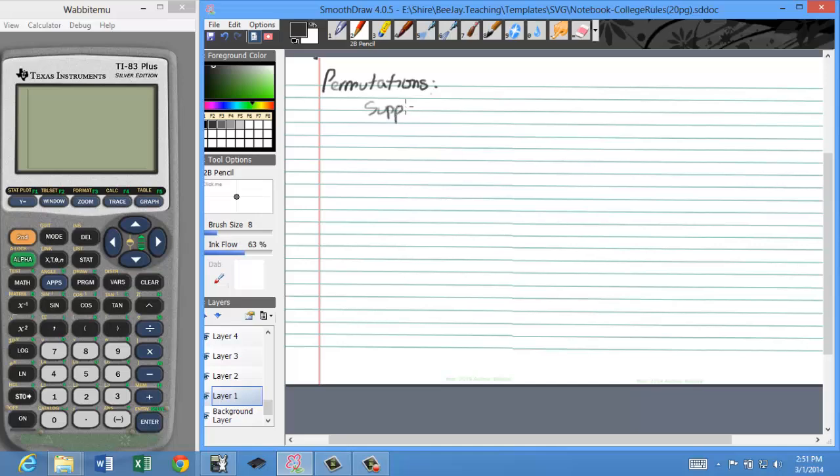Suppose you have 3 items, so let's say n is 3, and say the items are A, B, and C. So the question is, how many orderings or arrangements